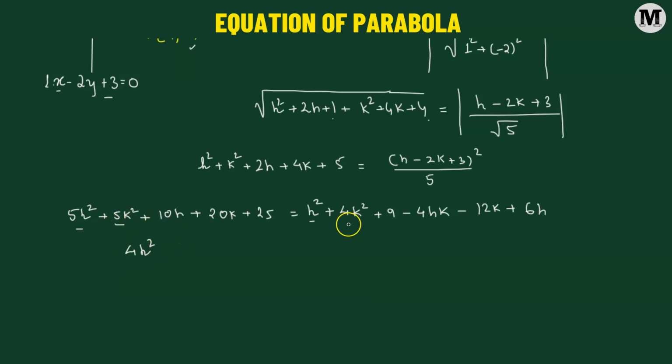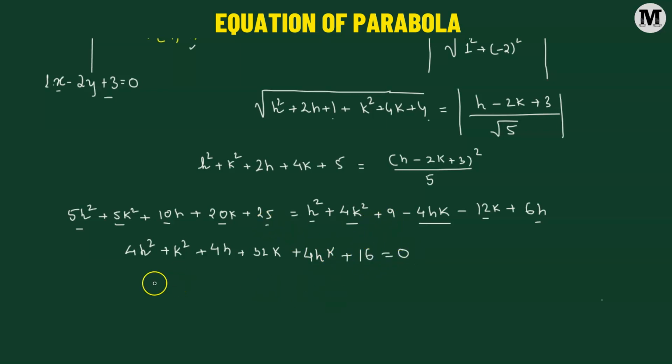Then 5k squared minus 4k squared will be simply k squared. Then we have 10h, from which we subtract 6h to get positive 4h. Then we have 20k, and the negative 12k transposed to the left side becomes positive, so we get 32k. Then we have positive 4hk, and then 25 minus 9, which is positive 16